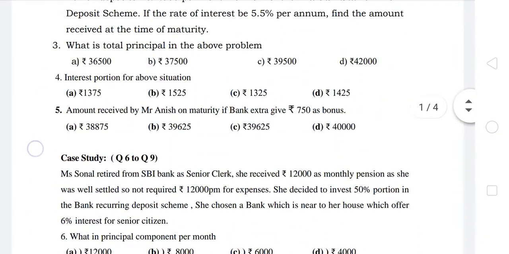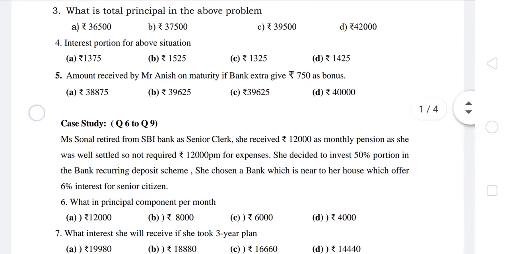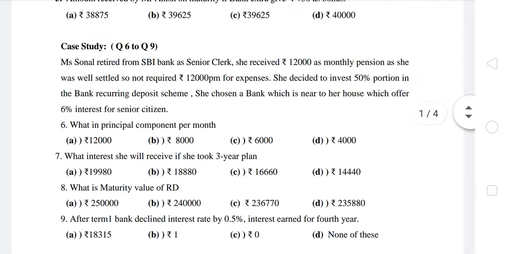Then come to question number 6. Here also one question is given. On the basis of that question, you have to solve question number 6 to question number 9. Here Miss Sonal retired from SBI Bank as senior clerk. She received 12,000 as monthly pension. As she was well settled, she did not require 12,000 per month for expenses, so she decided to invest 50% of it in